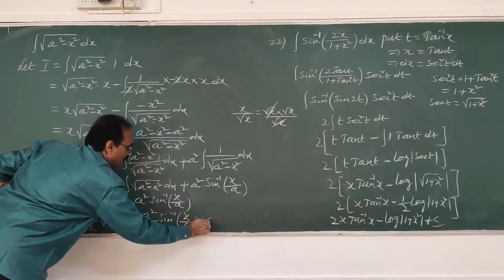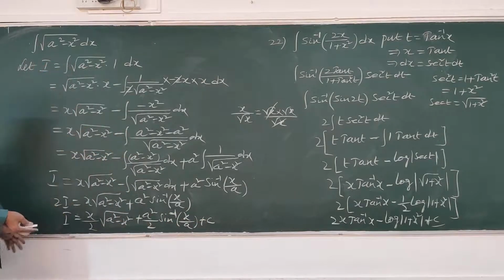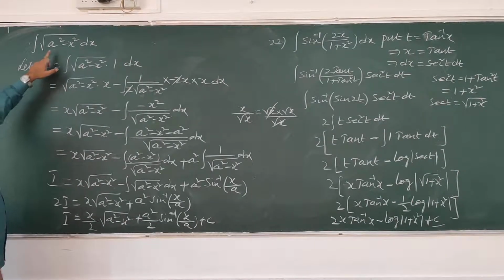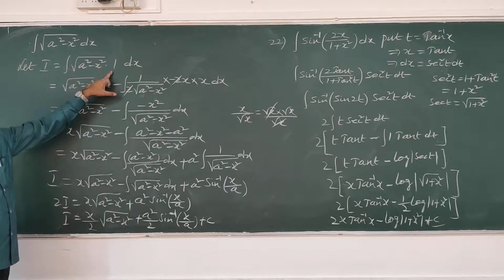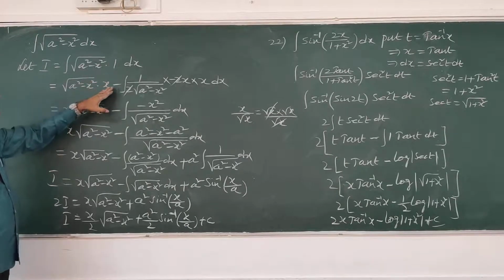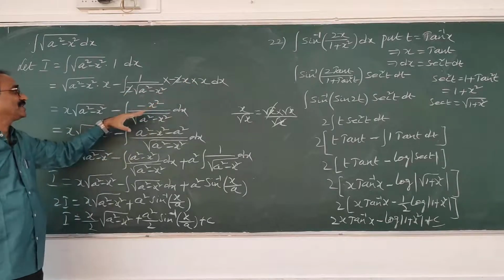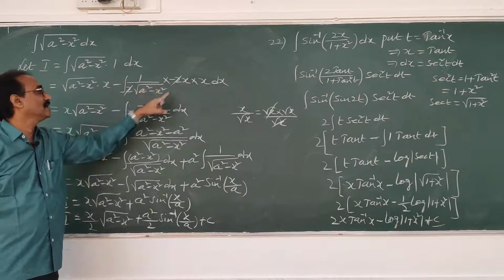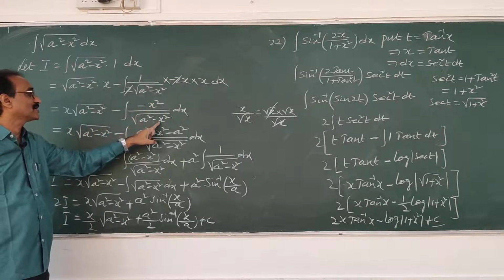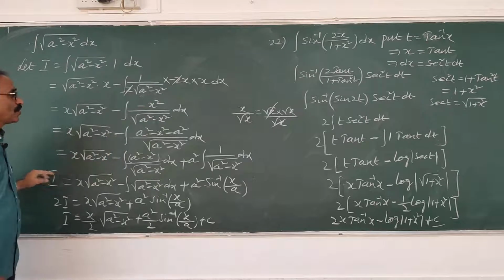Afterwards you will remember this as a formula, and if the proof of this formula is given, they will give it for 5 marks. Okay? My dear students, once again remember this 5 marks problem. Integral root of a square minus x square is given. There is no second function, so we consider 1. First function into integral of second function minus derivative of first function into integral of second function. Here only the adjustment I did: the 2 cancels, minus x square by root of a square minus x square. After seeing the minus here, I adjusted like this. Correct?